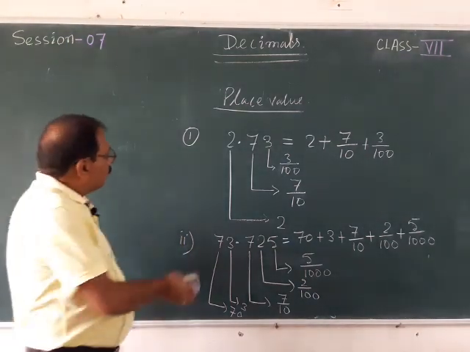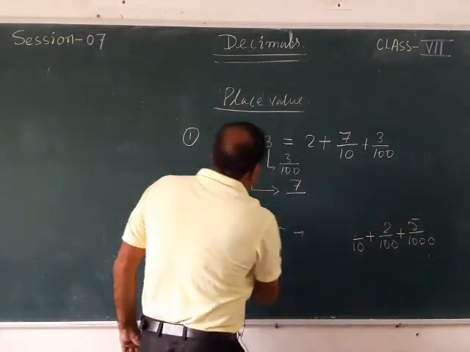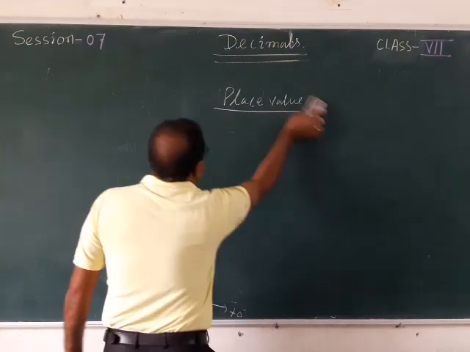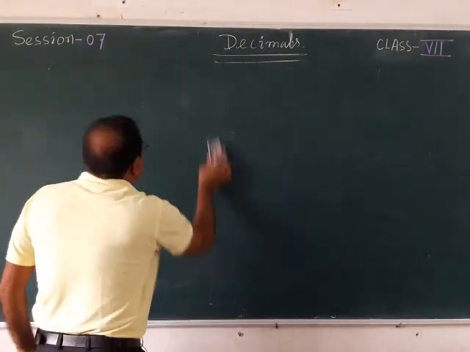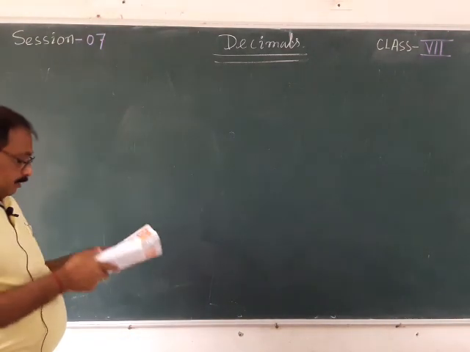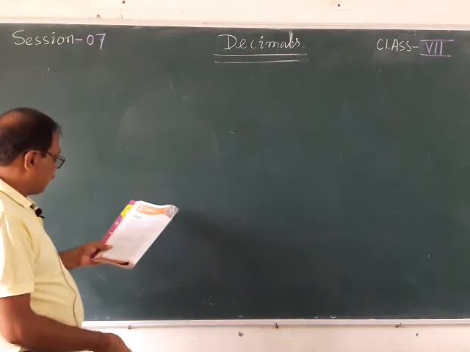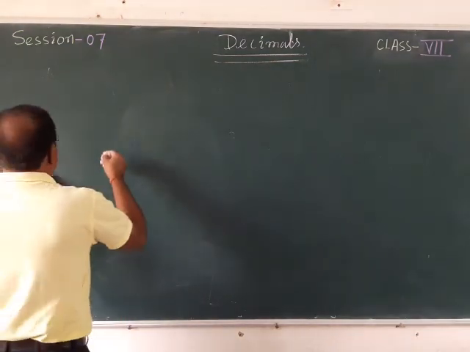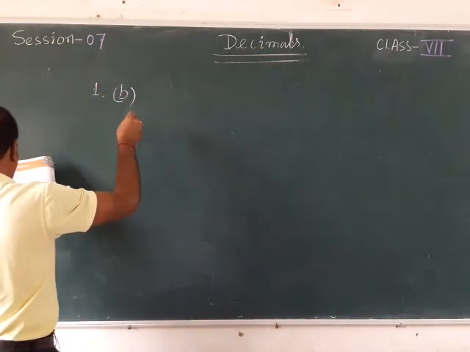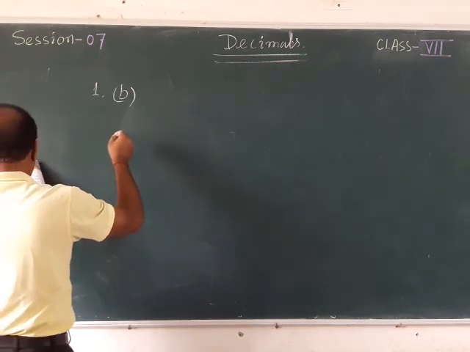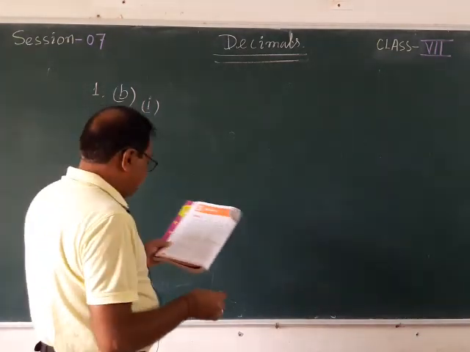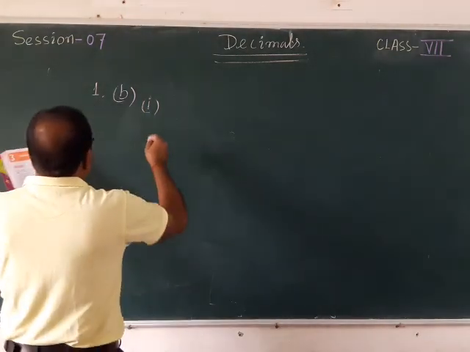So let me show one question from the warm up exercise, so that you can revise the things. Suppose I am going to do a question here from the warm up exercise, that is page number 36. This is question number 1B, and I am showing you only one question. You need to write in descending order. First of all, let me write the question.